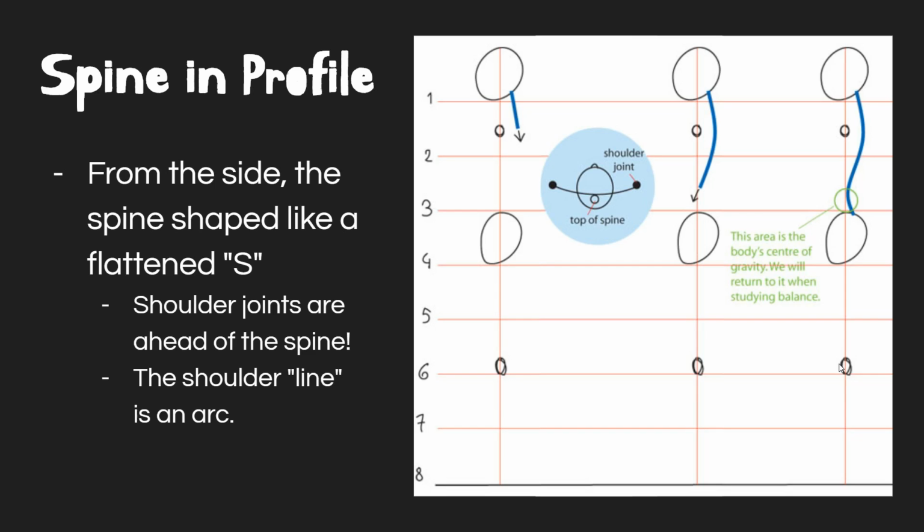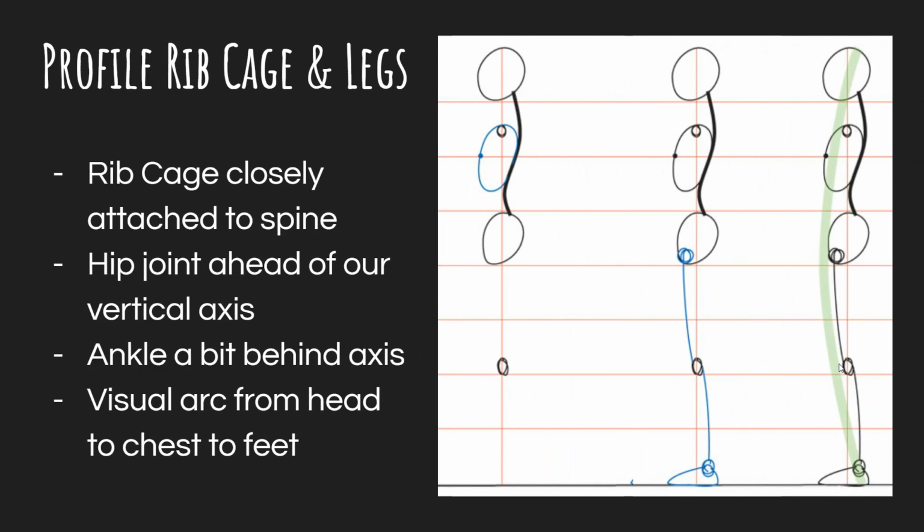And the spine then comes back forward and peaks again a little above the pelvis. And this is at the small of the back, which varies in depth and can make it look like someone has an arched back. Okay. Finally, it changes direction again and ends at the tailbone. The rib cage is closely attached to the spine, and in a reasonably fit body standing erect, the chest is naturally pushed forward. The hip joint is ahead of our vertical axis, and this is counterbalanced by the ankle being